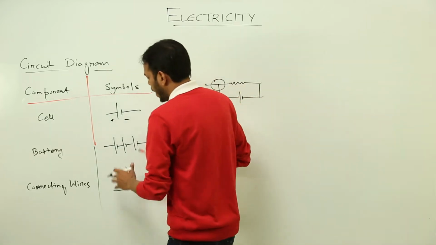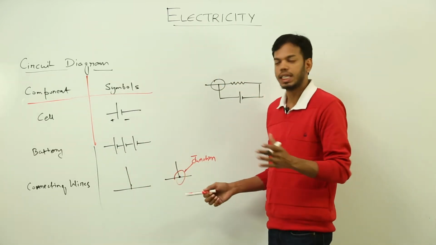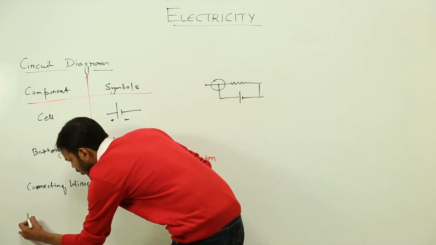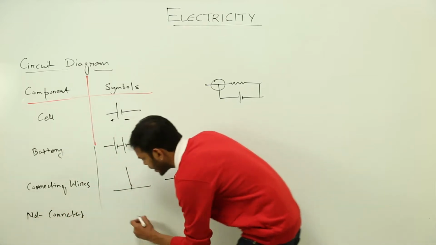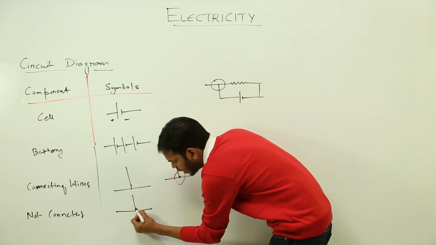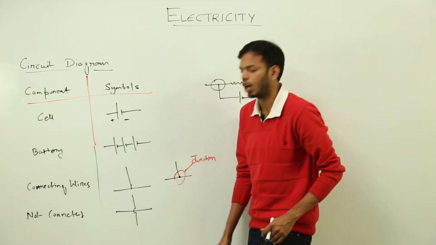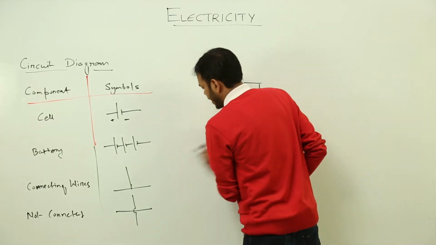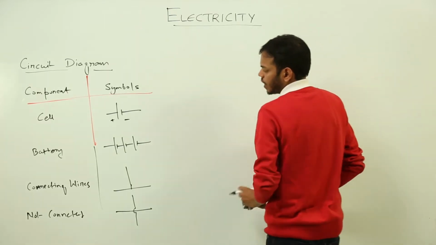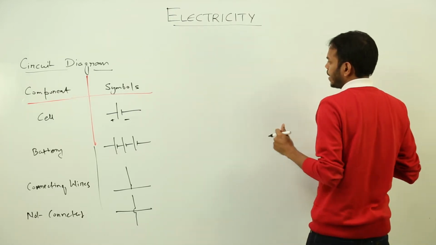Now if I want to draw the same two wires but these wires are not connected, then you have to show it like this: a wire, and the second wire goes around. This is how we have to draw it. Alright, next, after connecting and non-connecting wires, we have